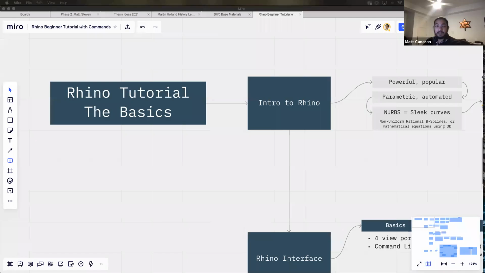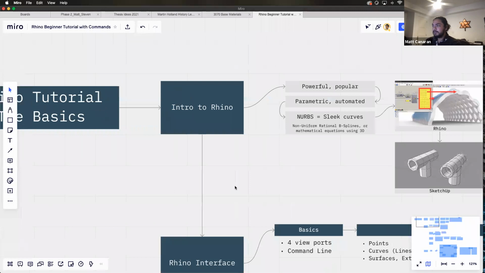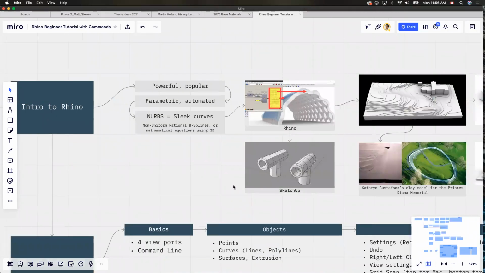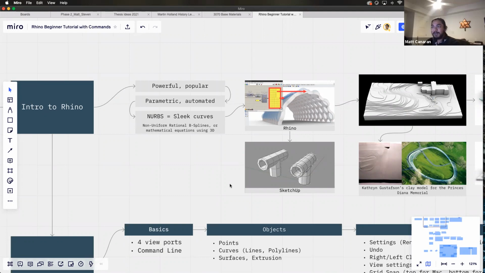I want to talk a little bit about Rhino. So I'll introduce it. Nadia gave a brief introduction about it. So why do we use Rhino versus other 3D modeling tools? Well, it's powerful, it's pretty popular. You can also do parametric design in it with a plugin tool called Grasshopper, which means you can automate a